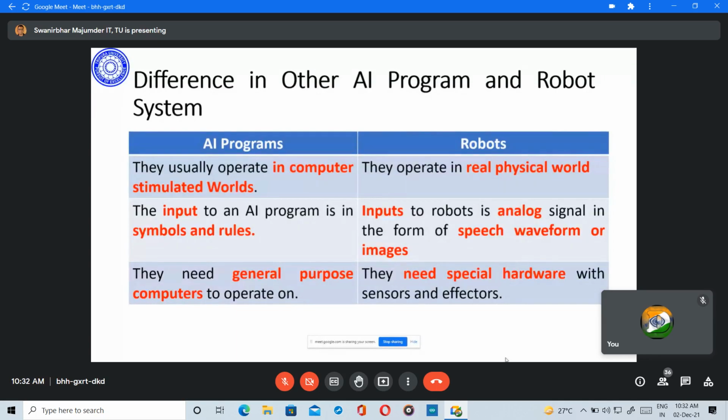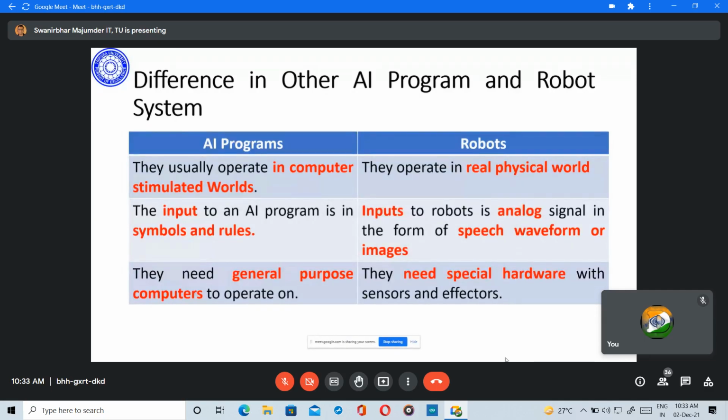which will deal with the things, and here sometimes, based on the speech waveform or images, the instructions will not be reaching properly. So there you have to statistically think what might be the instruction. I am not getting this. So you have to have a statistical model which actually will decide on which to go and which not to go. Okay. So in AI you have general purpose computers,